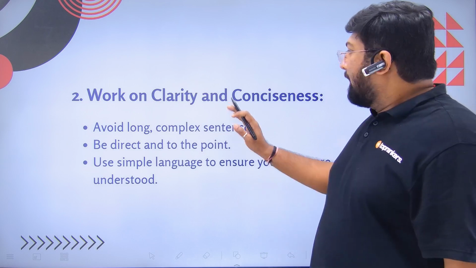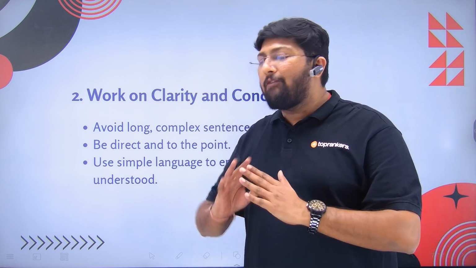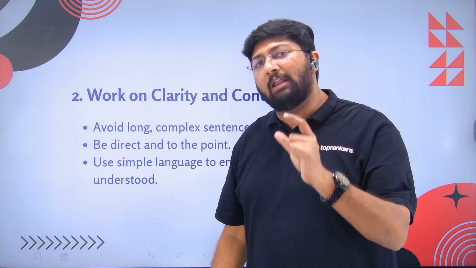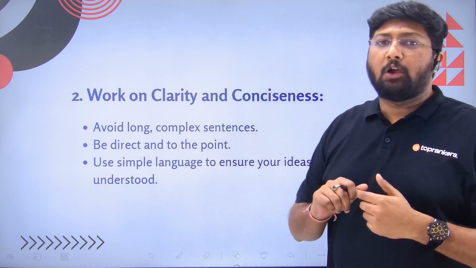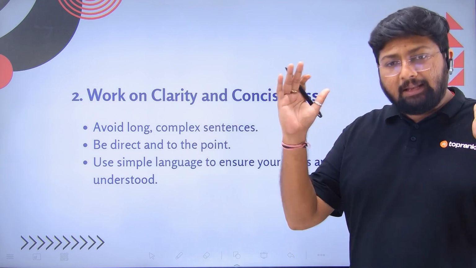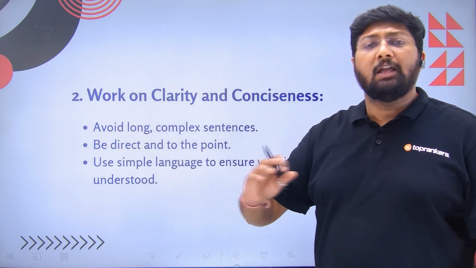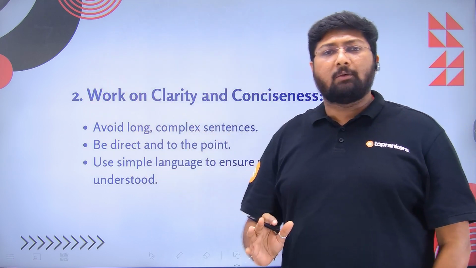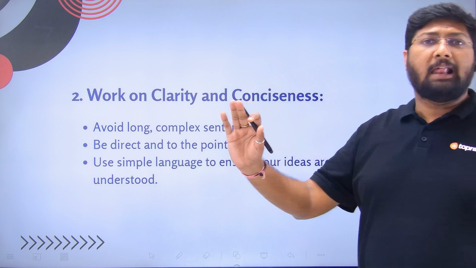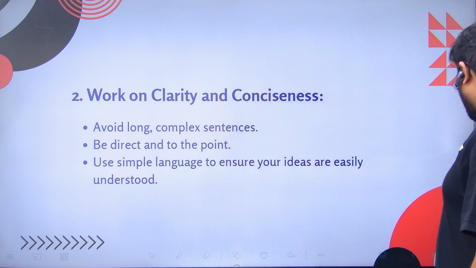Second, clear रहना है, concise रहना है. You don't have to blabber n number of things. See, when the time is short, you have to be very concise. So work on your clarity, work on your conciseness. Be very short. Complex sentences को avoid करो. Be very direct. Flowery language में बोलने की जरूरत नहीं है if that is not your natural way of speaking. ठीक है. Simple language में simple शब्दों में बात करो जिससे कि idea जो आपका है वो सामने वाले को